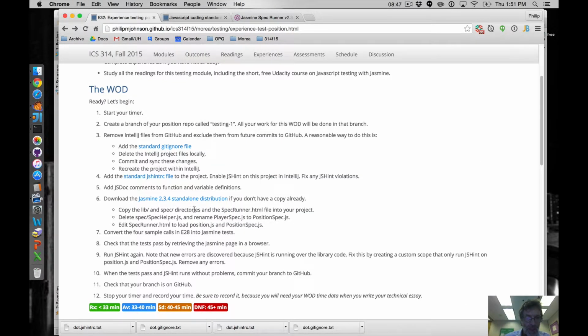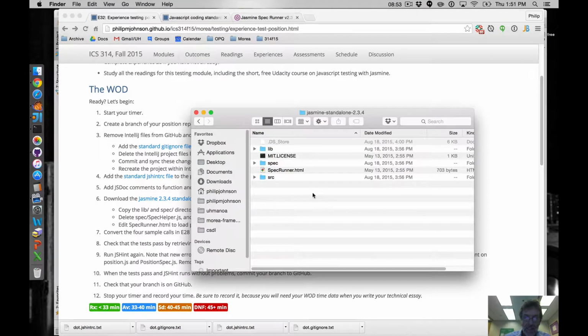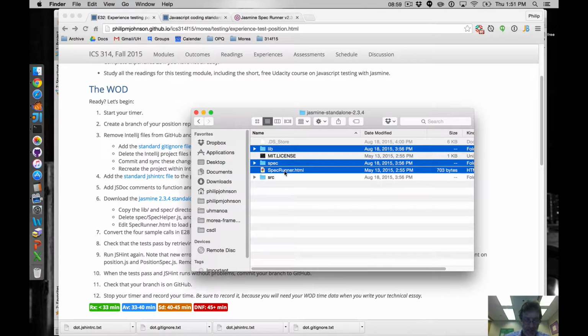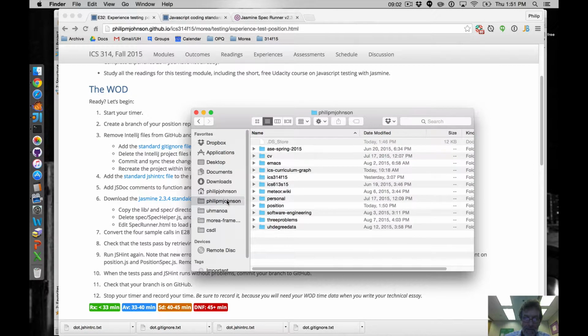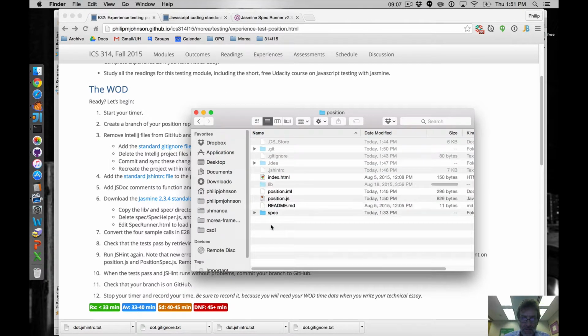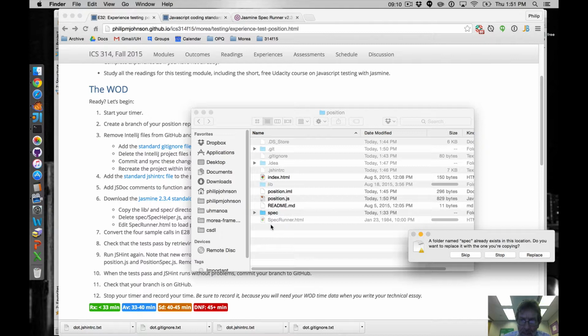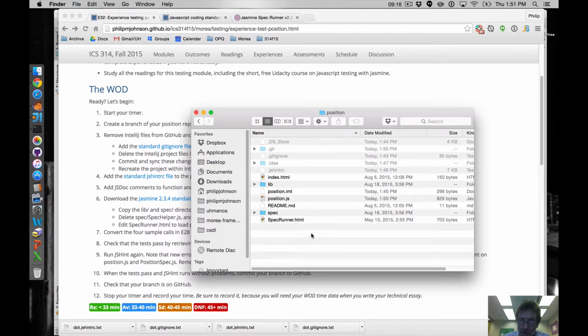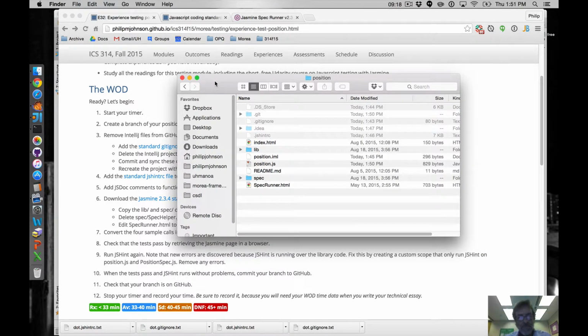Let me now ask what it was I was supposed to do. So I copy the lib and spec directories and specrunner.html file into our project. Okay, so we got the lib, we got the spec, and we got specrunner.html. So I'll do a Command C to copy, and then I'll go to position, and then I'll click that, and I'll say replace. I'm not sure why that was already there, but it might have been a holdover from a previous one. I'm not sure. But anyway, I've copied those in, and the next thing it wants me to do